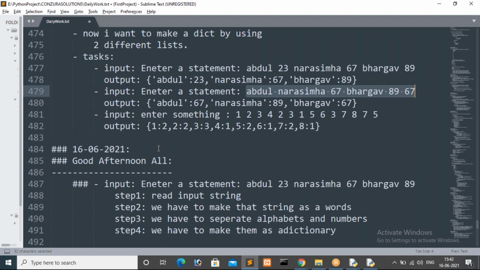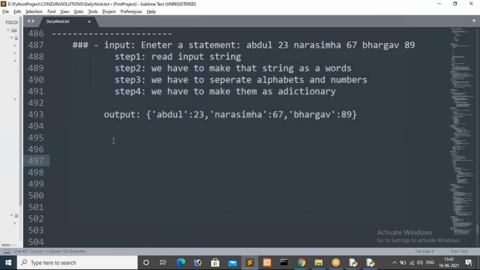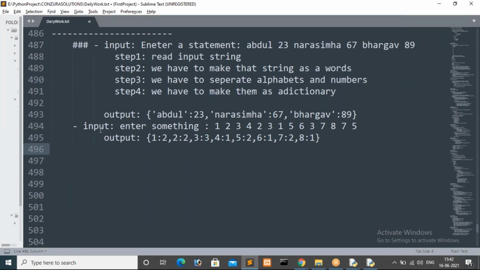Okay, that's it, guys. Now we will see the third assignment. For this assignment also I completed the basic concept. To resolve this one also, I will give a few lines to you. I will specify what kind of analysis we have to do here. After getting a problem, we have to analyze it first. So first the input is something like this. Based on this input, you have to make that number a key, then for that key, you have to assign the count of that value.